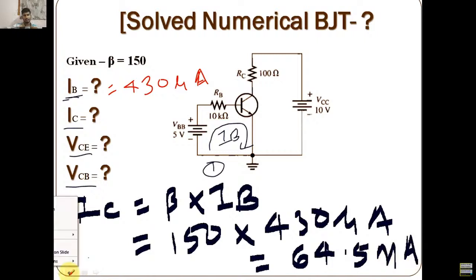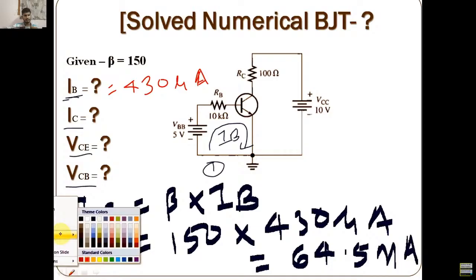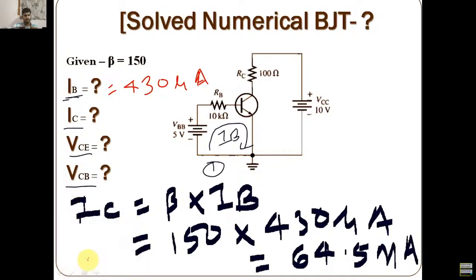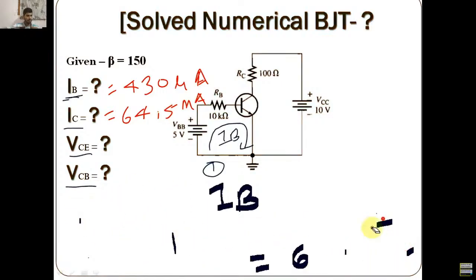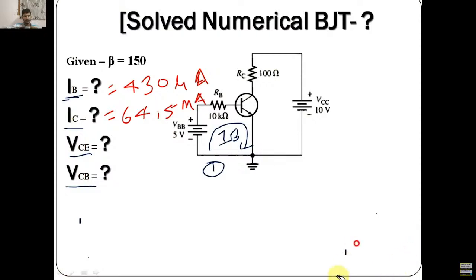So let me write the value of IC. So this is IC equals to 64.5 milliampere. Okay, now you have the value of IB and you have the value of IC, right? So you have the value of IB and you have the value of IC. Now let us find another value here. Okay, so